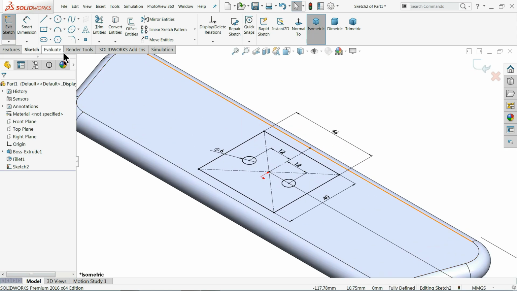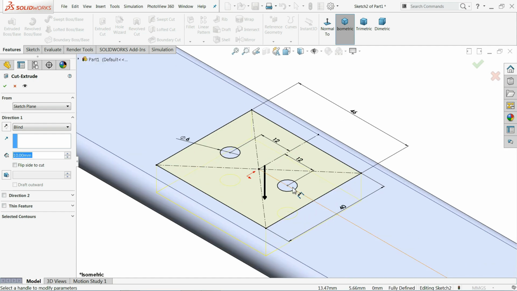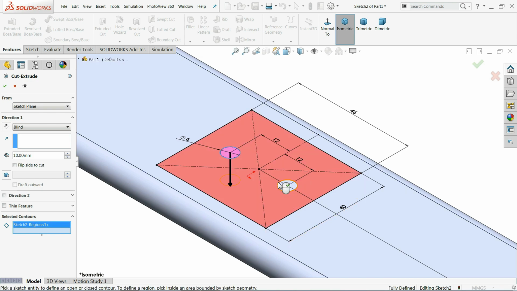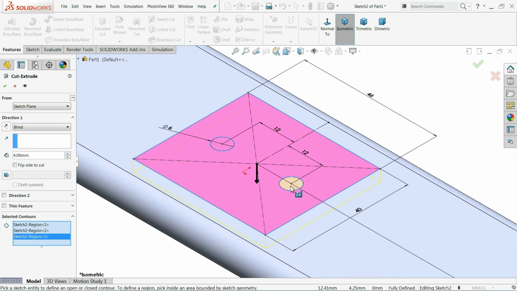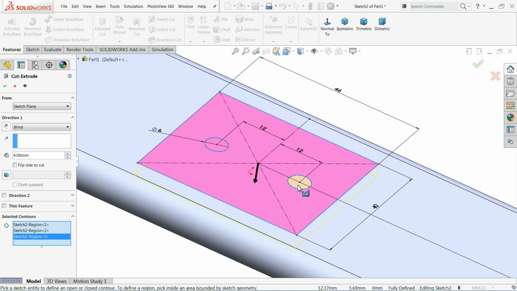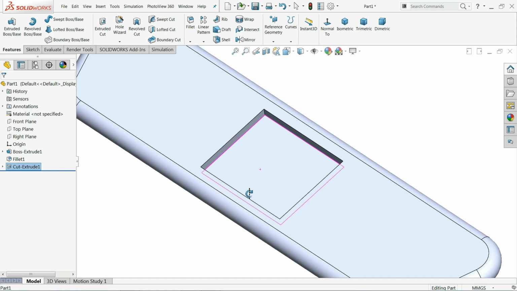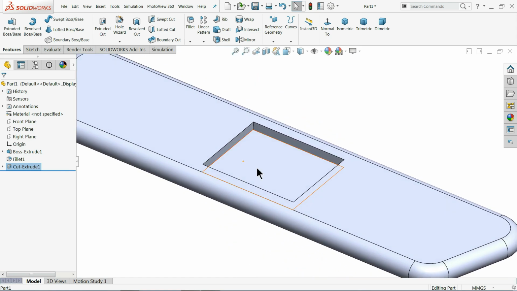Now it's time to extrude cut. Select, in selected contour, choose this hole also, the whole thing, and depth we will keep 4 millimeter. Now look, the depth here we kept only 4 millimeter.